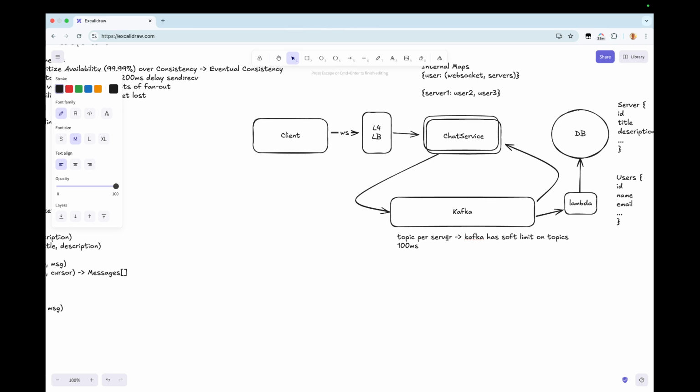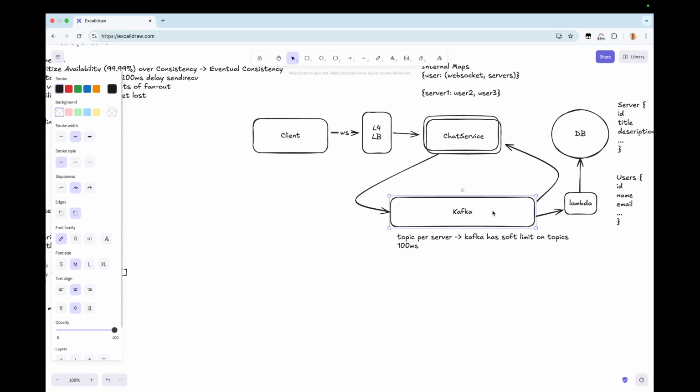So this is an assumption baked into the system. We may need to consider, as the system grows in complexity, if we do find that we have many servers, some way of grouping them into topics so that we manage the number of topics that Kafka is actually handling.